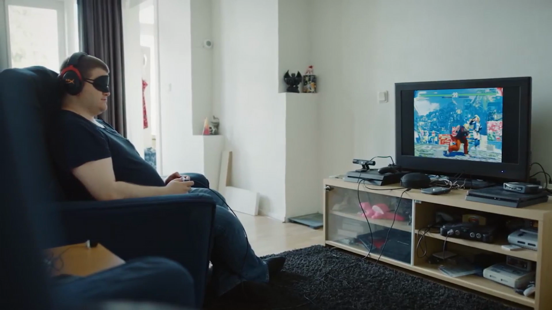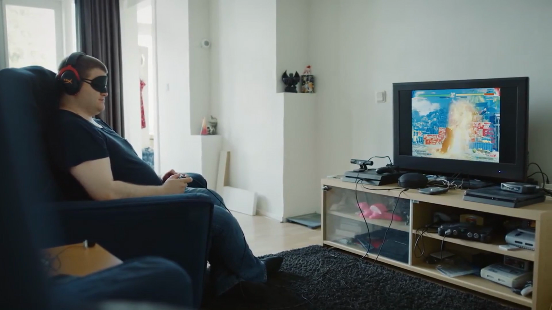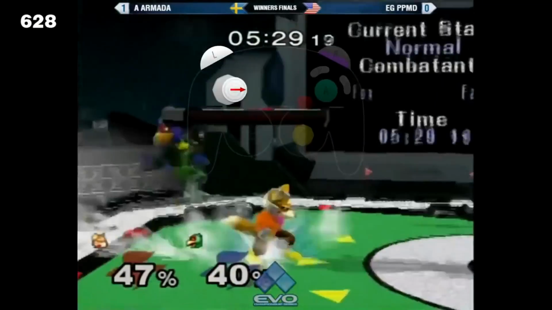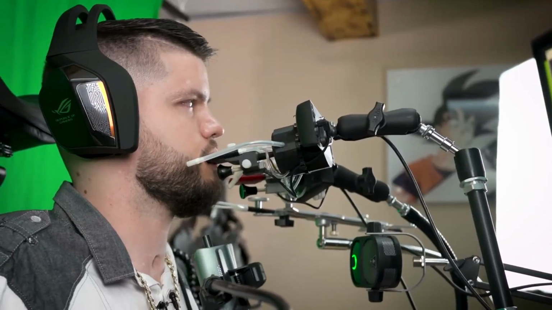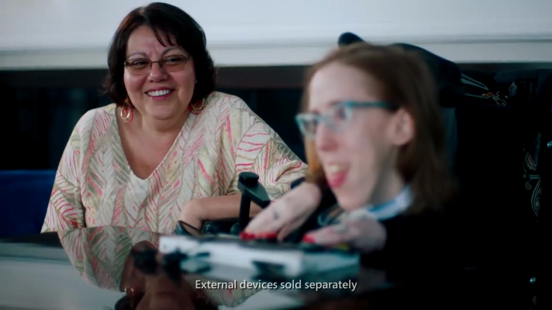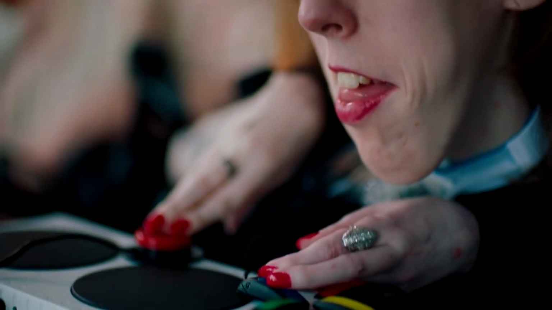Video games distinguish themselves from other mediums by their interactivity. So, being able to have full control over the game is pretty important to the experience. For those with motor disabilities, such as muscular dystrophy or an amputation, this makes it difficult or sometimes even impossible to play a game. Although there are controllers out there that aid in accessibility, like the new controller by Microsoft, for example, this isn't enough on its own.